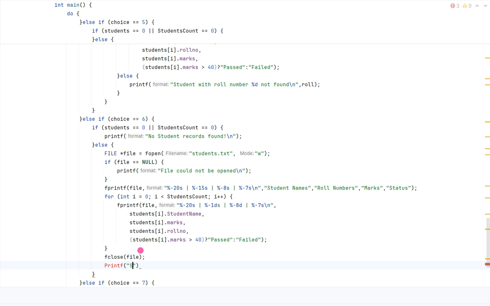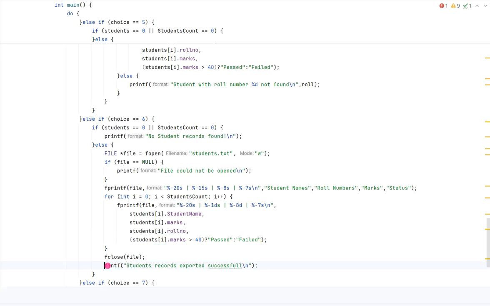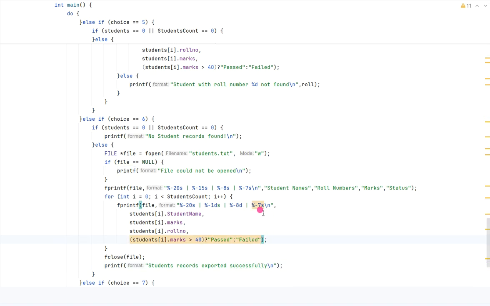student record exported. Let me say exported or saved. You can tell whatever, successfully. So one, and